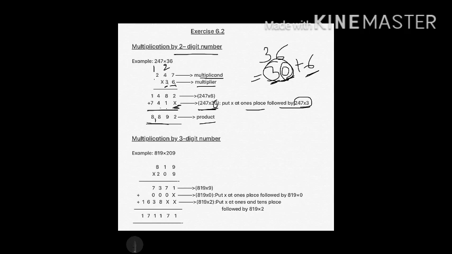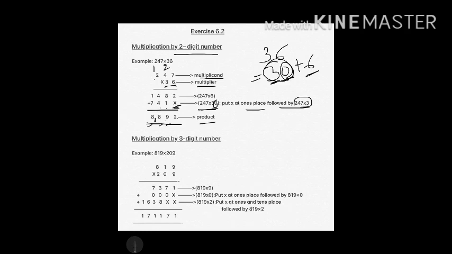Alright, so now the next step in multiplication is addition. I will add these 2 lines which I got here, 1482 and 741. In the first line, 2 added to a cross, that means 0, so the answer will be 2. 8 plus 1 is 9. 4 plus 4 is 8 and 1 plus 7 is 8. And according to the Indian number system, I will put a comma before 3 digits. Starting from the right, I will count 1, 2, 3 and then I will put a comma here and read the answer. The answer is 8,892. Okay, so this was the multiplication by a 2-digit number.